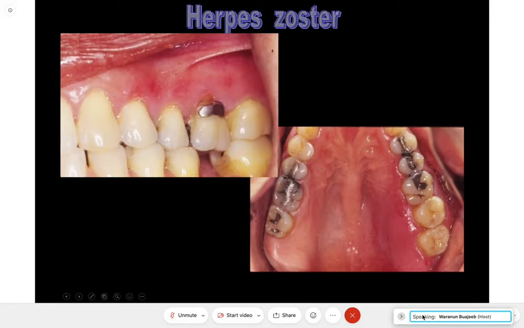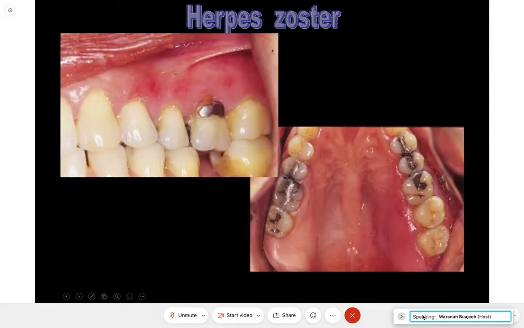Then 3 days later I asked her to come back. You can see vesicles breaking to ulcers along this attached gingiva, and also inflamed marginal gingiva with erythema and ulceration, but no